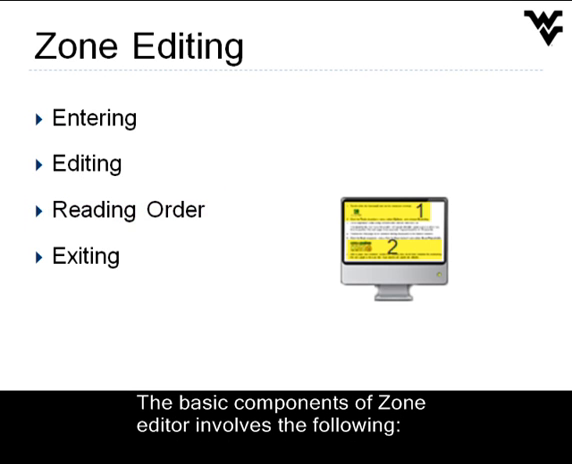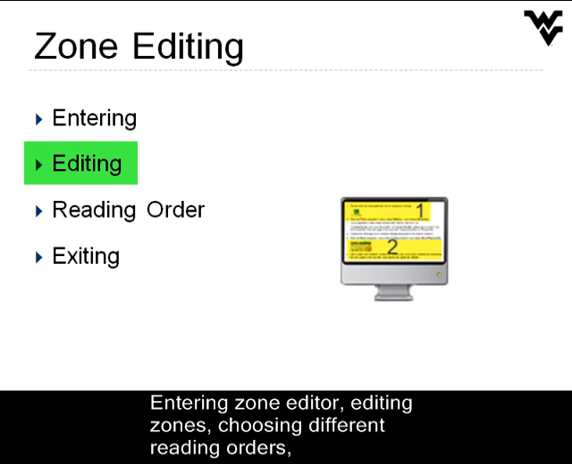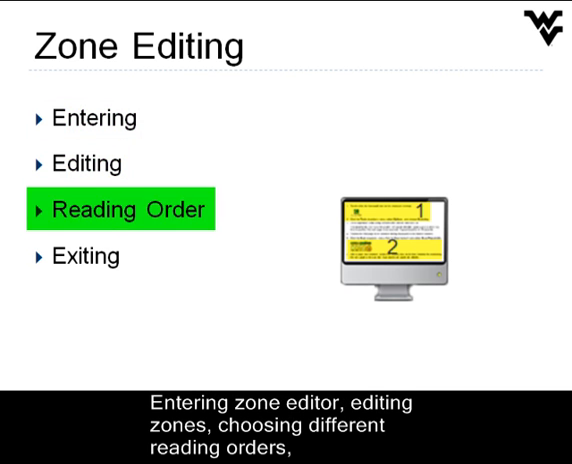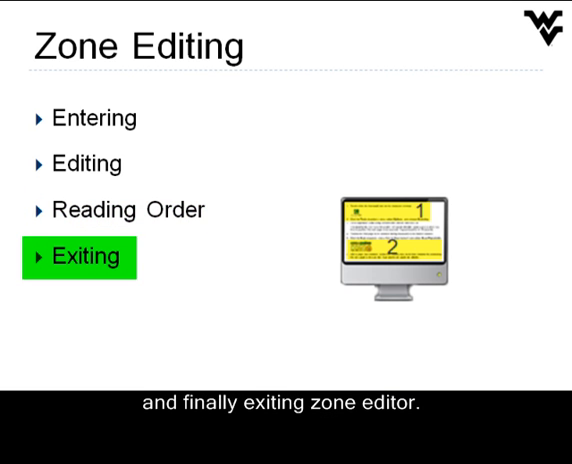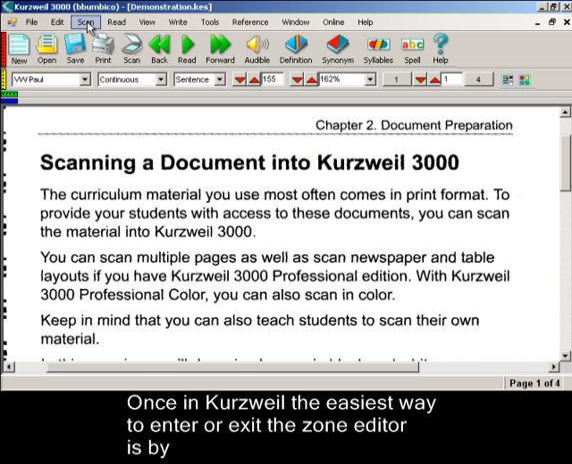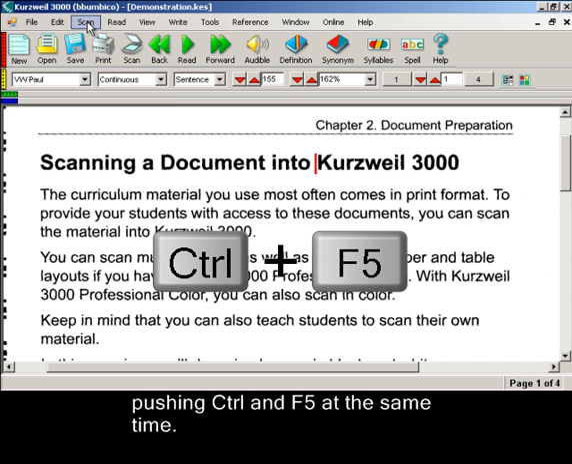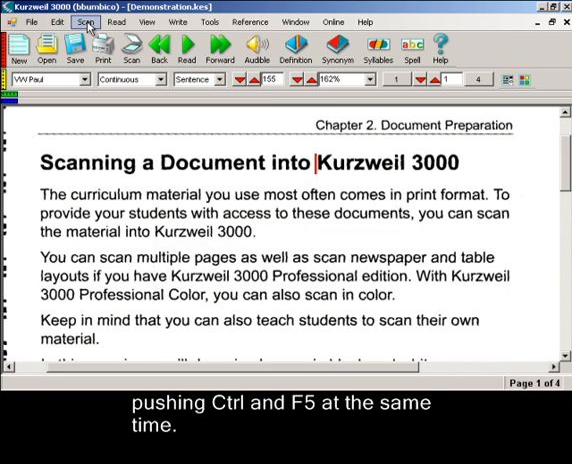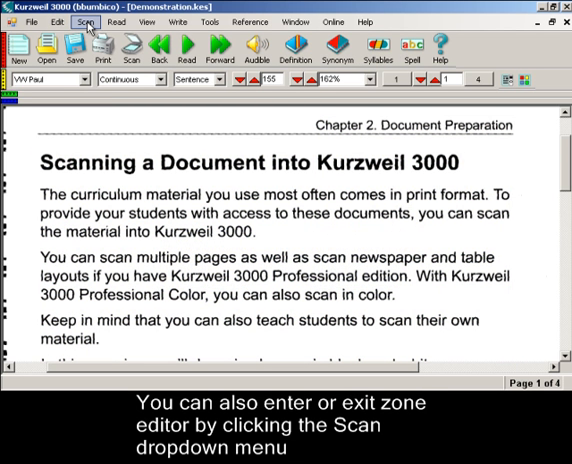The basic components of Zone Editor involve the following: entering Zone Editor, editing zones, choosing different reading orders, and finally, exiting Zone Editor. Once in Kurzweil, the easiest way to enter or exit the Zone Editor is by pushing Ctrl and F5 at the same time. You can also enter or exit Zone Editor by clicking the Scan drop-down menu